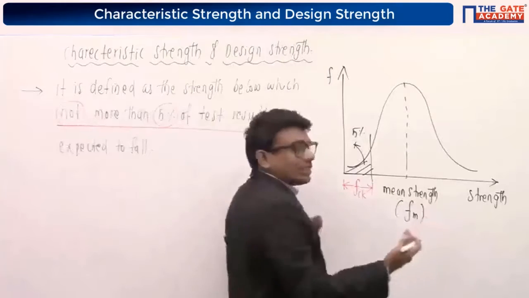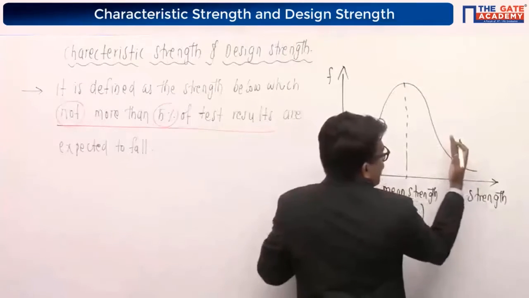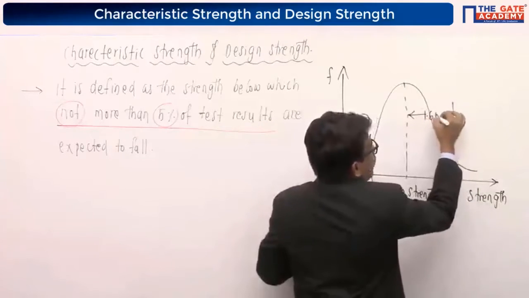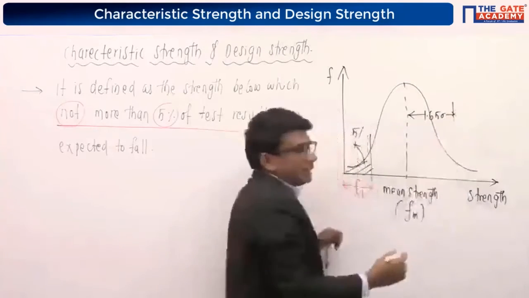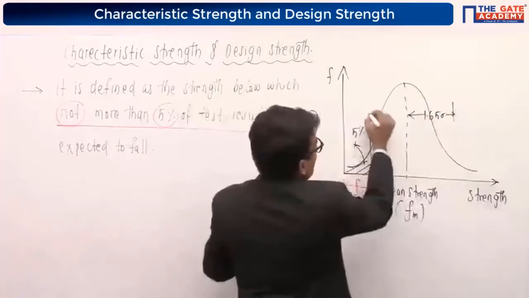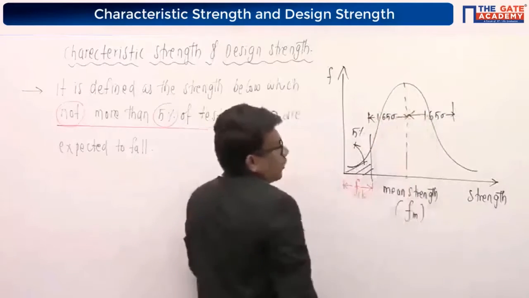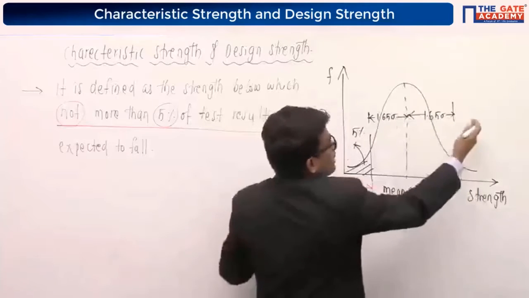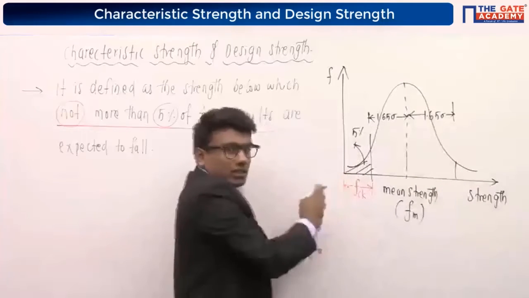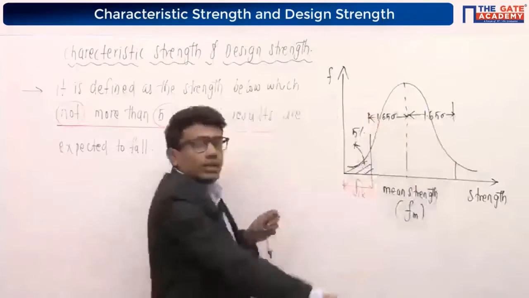fck. Yes, in the previous lecture we discussed the characteristic load, and I told you that for a 95% confidence level, this value is around 1.65 sigma. As it is a symmetric curve, for this 5% probability also, the value here will be 1.65 sigma. The remaining 5% is considered here because it is a symmetric curve.